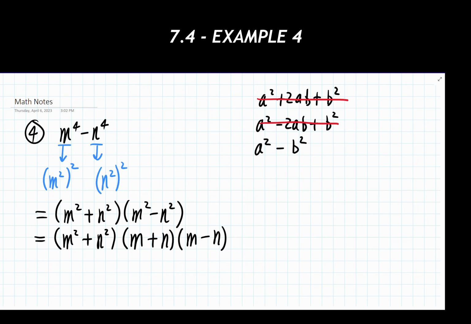And I look again and I see, is there any other special product showing up in these last two factors, because that's what got us originally. It just turned out there was a bit more that we could do. Looking at this, I'm seeing, yeah, there's nothing else I can do over here. I can't factor anything over here any further. Great. So put a box around it, and we are good to go. Challenge problem done.